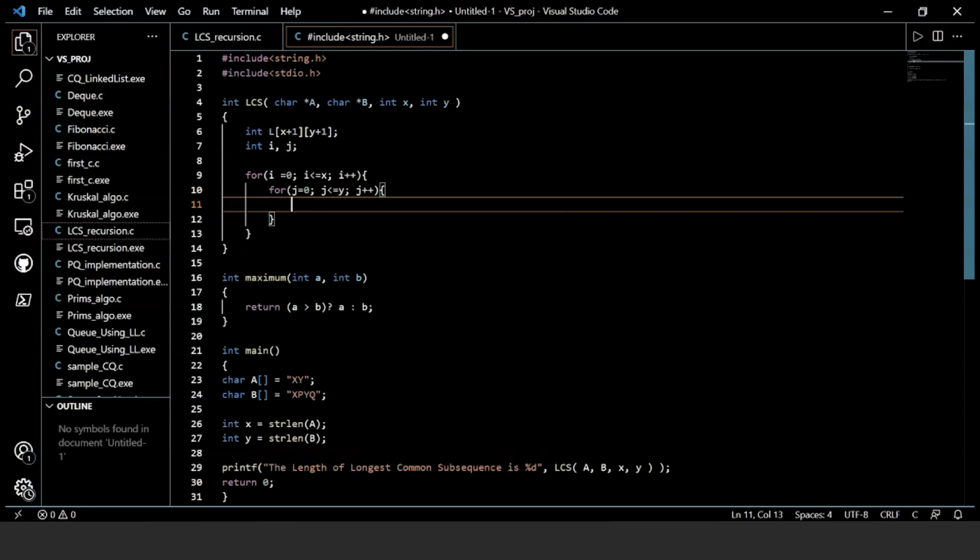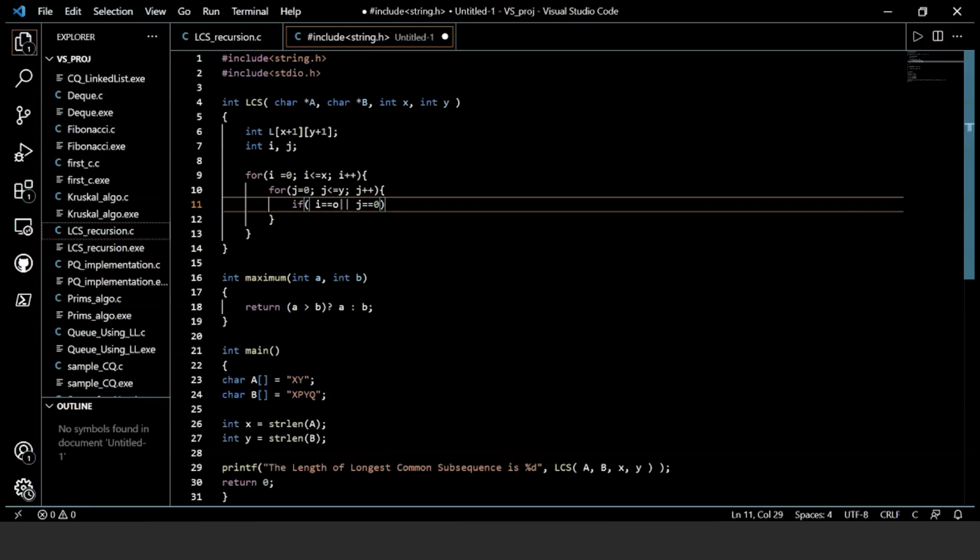After that, we'll write the first condition to set null values for the null row and column fields. So the statement that we'll write is if i is equal to 0 or j is equal to 0,